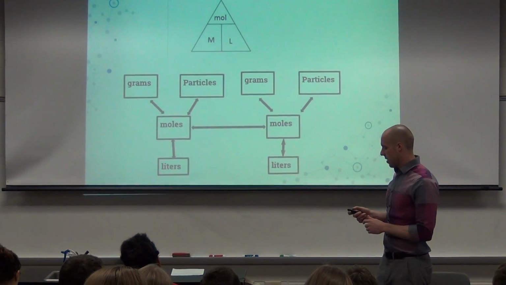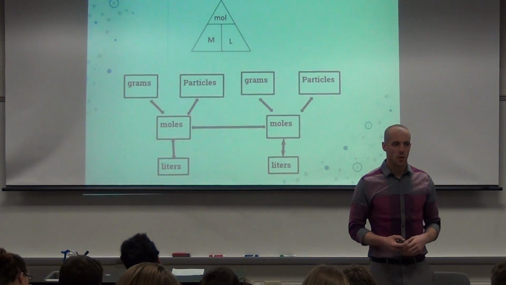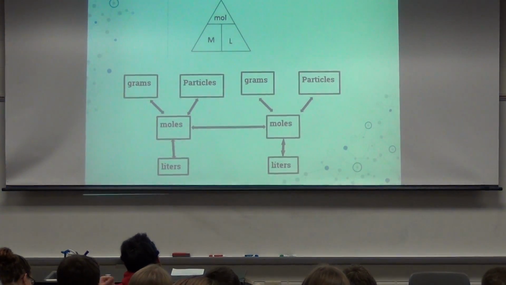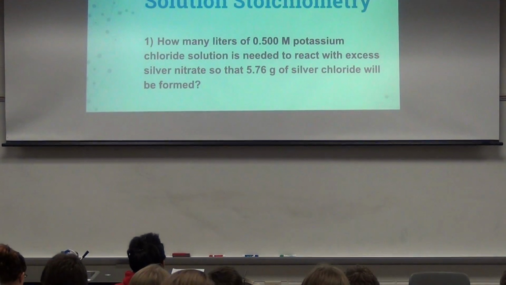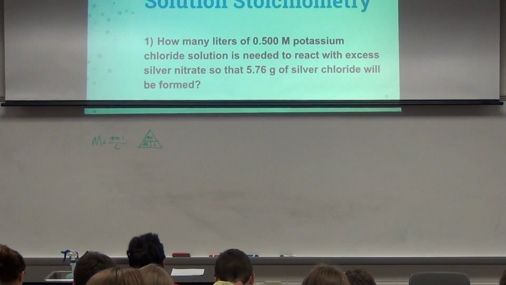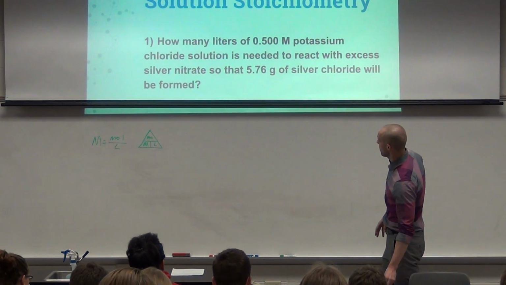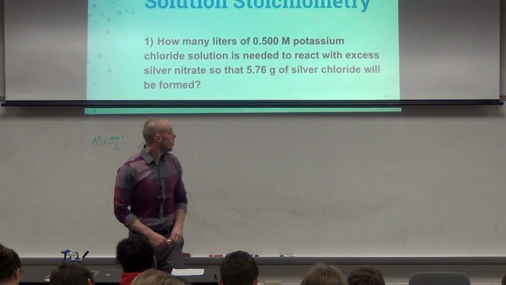This unit, what we've added is this guy on top here, this triangle that we're going to use for molarity, and it lets us go from moles of a solution to liters of a solution. So that's what's going to be new for the solution stoichiometry for this part. I'm going to go through 2 types of problems that you guys can see, one where we have to start with it and one where we have to end with it. Okay, so this first one says, how many liters of 0.500 molar potassium chloride solution is needed to react with